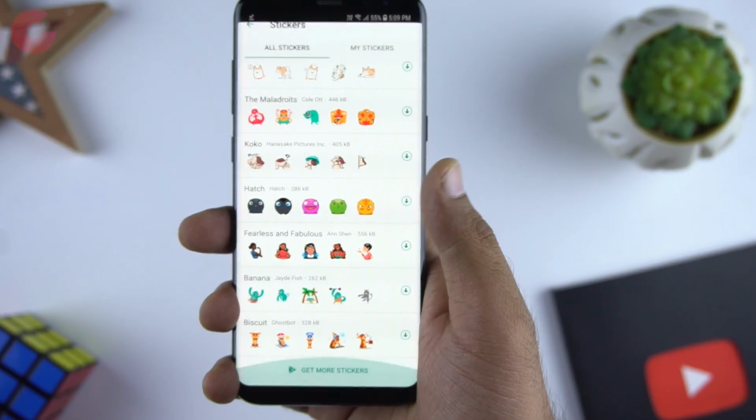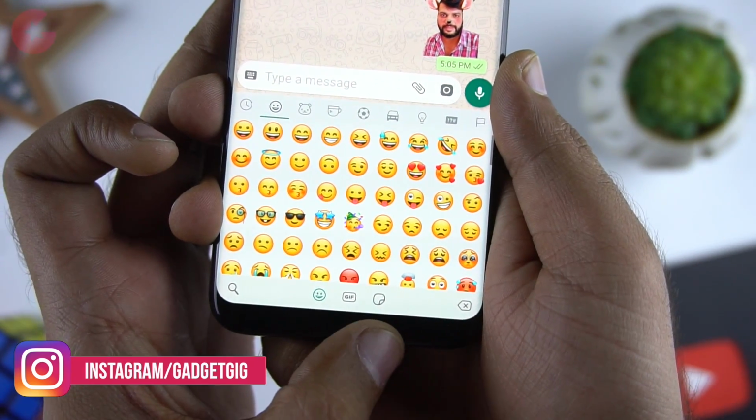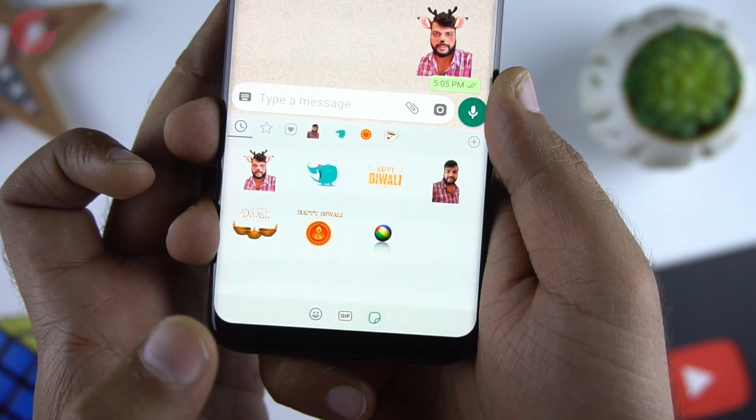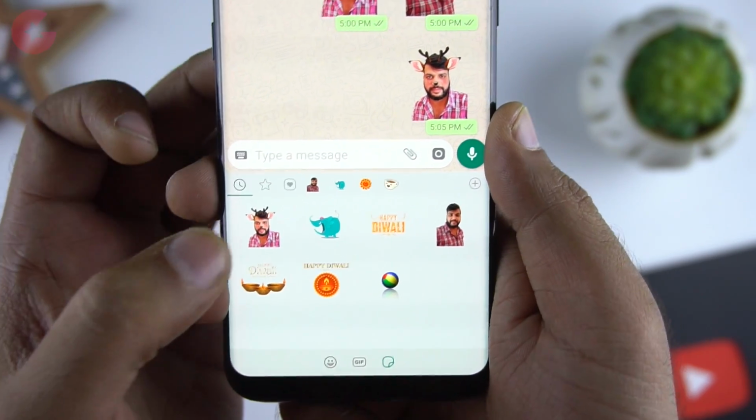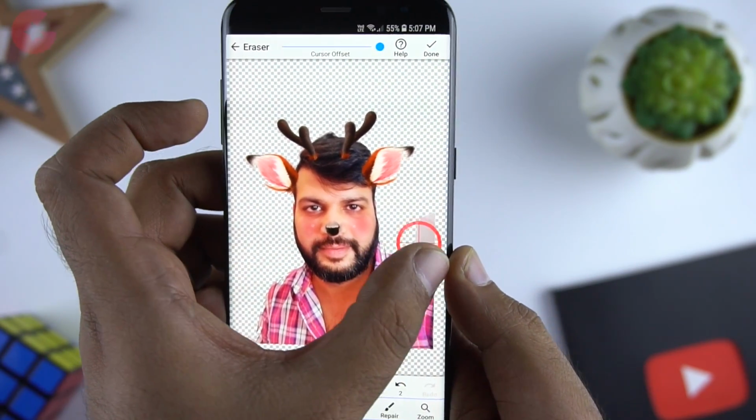WhatsApp rolled out a sticker feature recently where you can add third-party stickers to the app. You can send these stickers to anyone in your list on WhatsApp. Basically, these stickers are in .png format where there is no background. And in this video, we will show you how you can add your own images or even your photos as